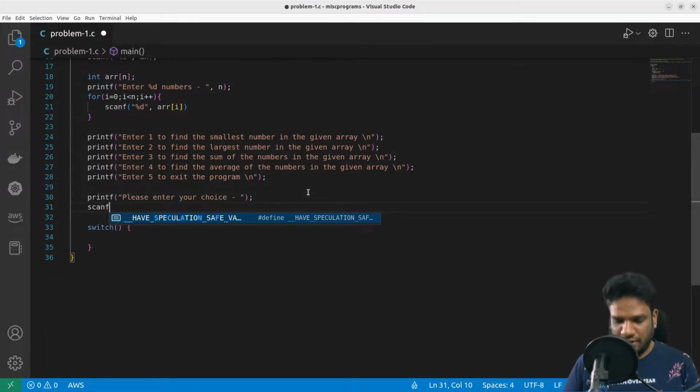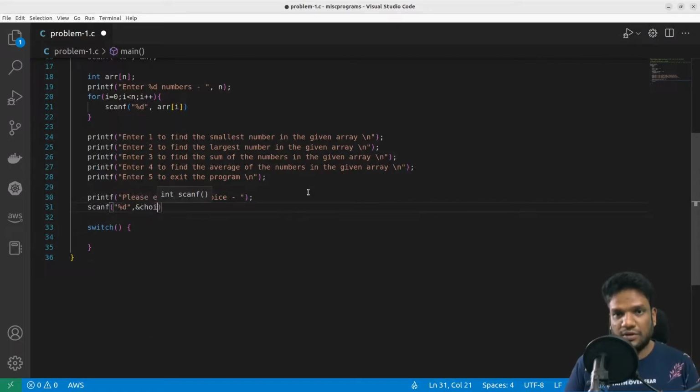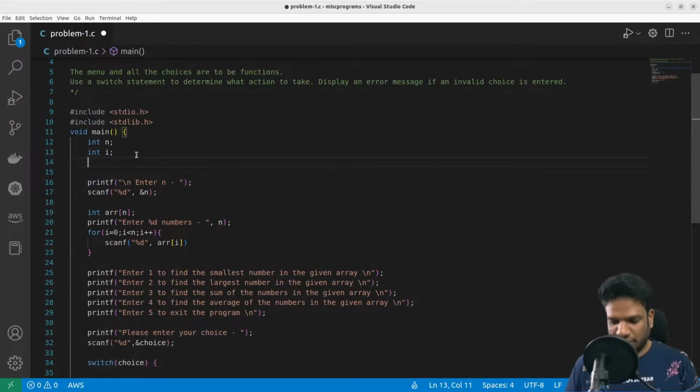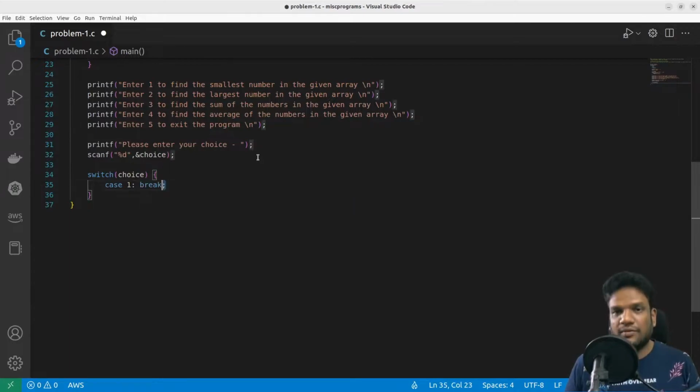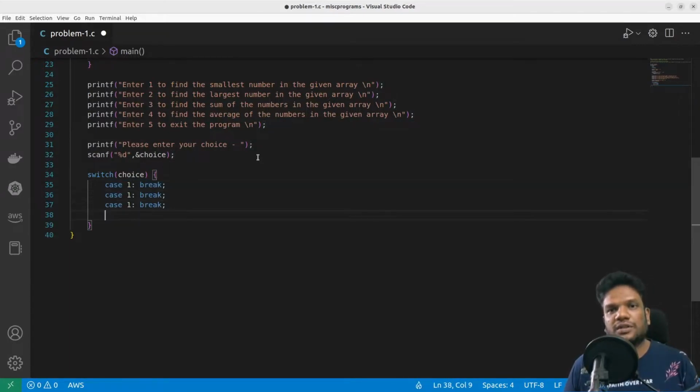And I'm going to read the same into ampersand choice, and based on the choice I'm going to switch. It doesn't know what choice is, so I'm going to declare choice. And here, case 1, I need to find the smallest, and then case 2, case 3, case 4,